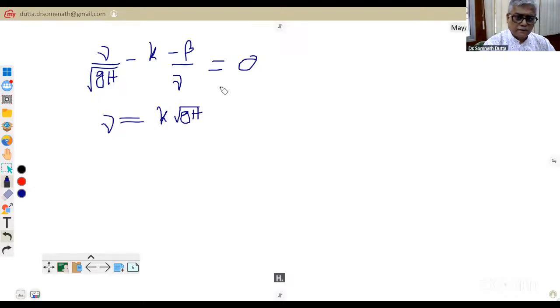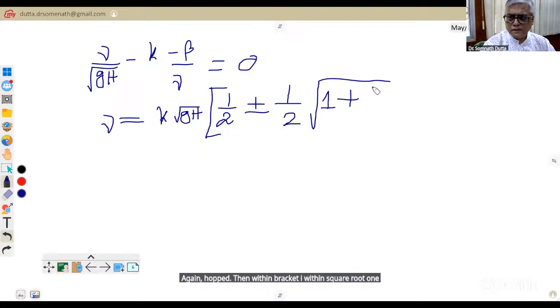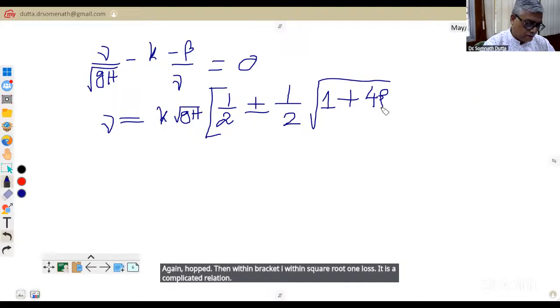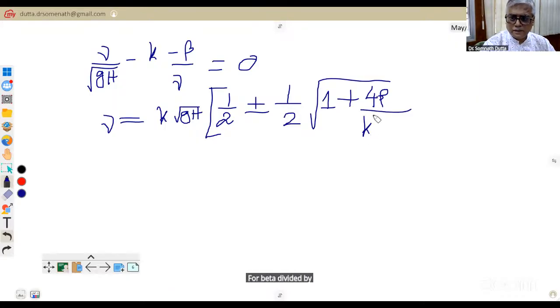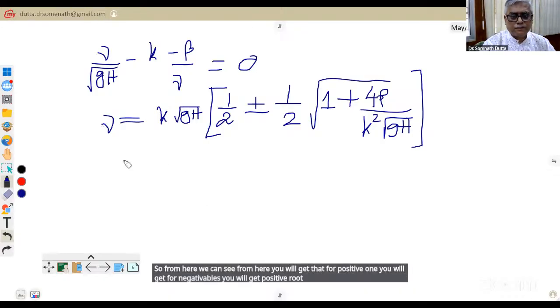k nu is equal to k under root gh, then within bracket half, then plus minus again half, then within bracket within square root 1 plus, it is a complicated relation, 4 beta divided by k square into under root gh. So from here we can see, for positive one you will get, for negative also you will get. The positive root corresponds to nu positive,